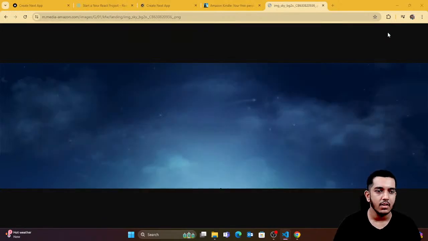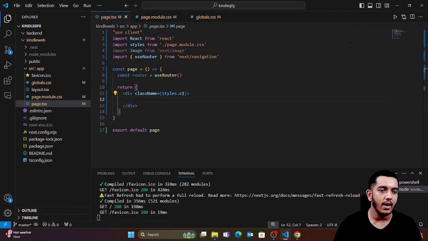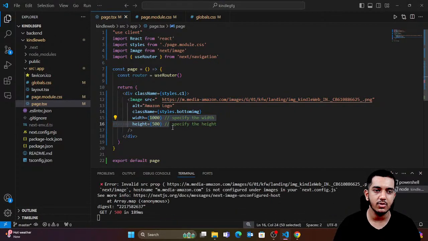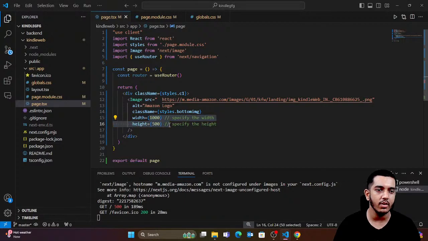Now let's come back to our code. Let me just close this. Here, first of all, I want to show a complete background image. So I'm just gonna say that this is the image. I've just pasted the link and then given this a class and then width and height. So you would see if you go to your code,